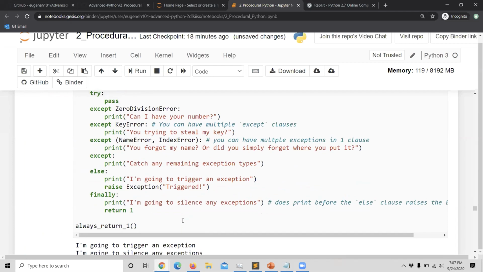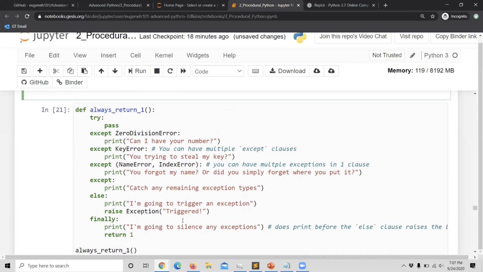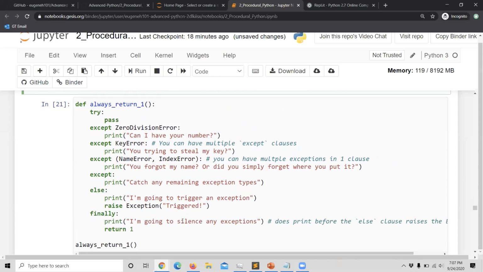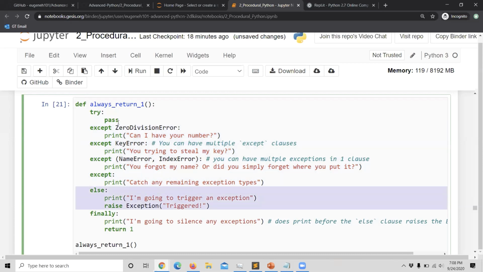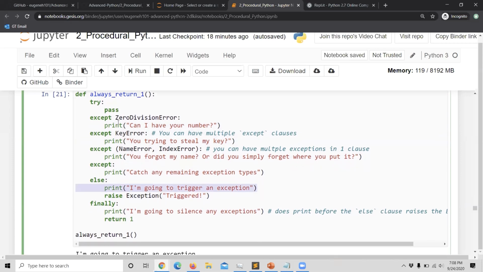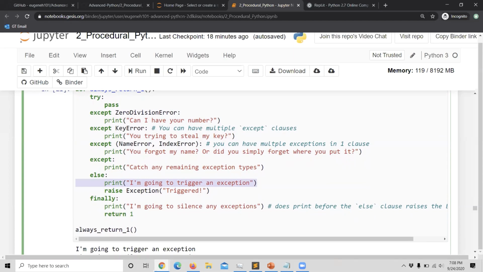All right, so I think this is my last example of try, except, else, finally. So let's go through the example. I'm going to try to do this no-op, so that means we could basically skip all this. None of the exceptions are triggered, so you could basically skip all that. Then I'm going to hit the else, and it's going to print this right there. I'm going to trigger an exception, printed right here. So now I'm raising an exception, but I also have a finally